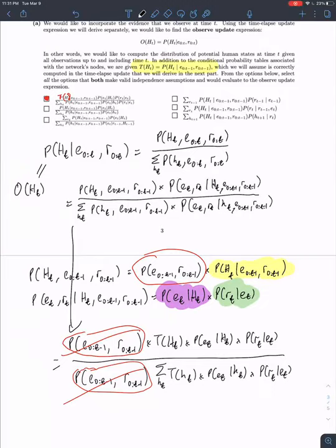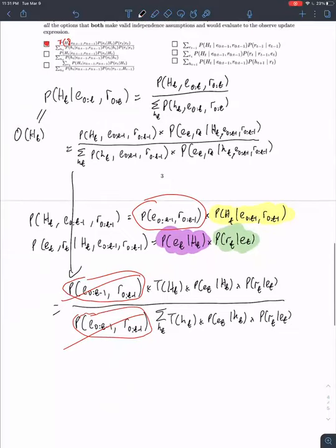All right, so the next one, probability HT given E0 to T minus 1. So it's the same thing, but we got rid of this factor probability RT given ET. We can see that it doesn't depend on H, so we can also move it outside the sum on the bottom, right? So I'll just do that. We'll get rid of this floating term, and it's the same on the top and the bottom, and so we can also cancel it out. And that's exactly this expression right here. So next one is